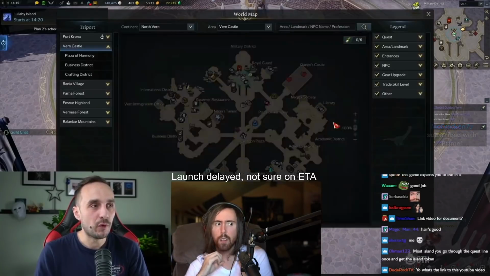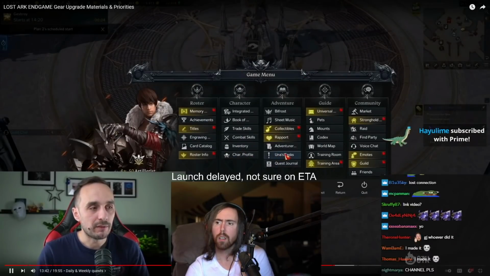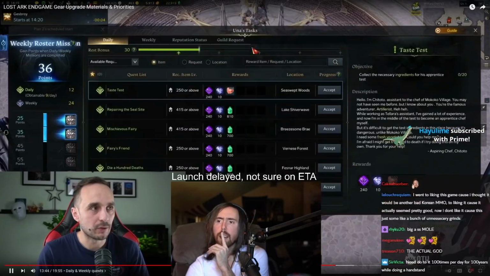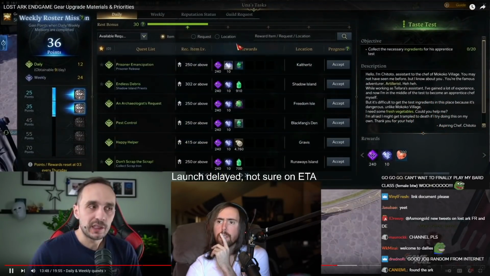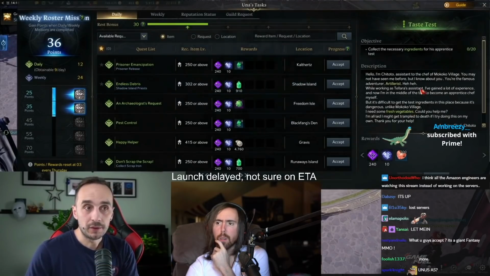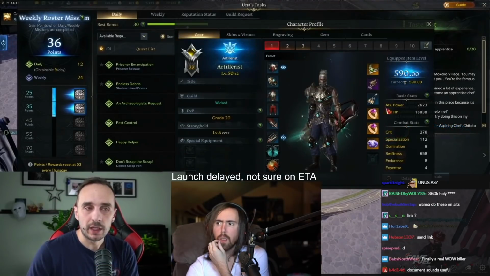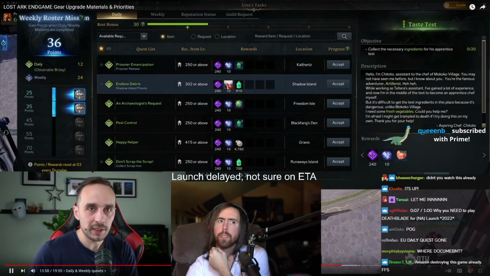So in order to move on, I would like to show you the daily and weekly section. You can find it here, in the Una's tasks. This is your daily and weekly quests. As you can see, these daily quests reward me with tier 1 gear enchantment materials, because my character is in tier 1. If your character would be item level 800 plus in tier 2, then the same exact dailies